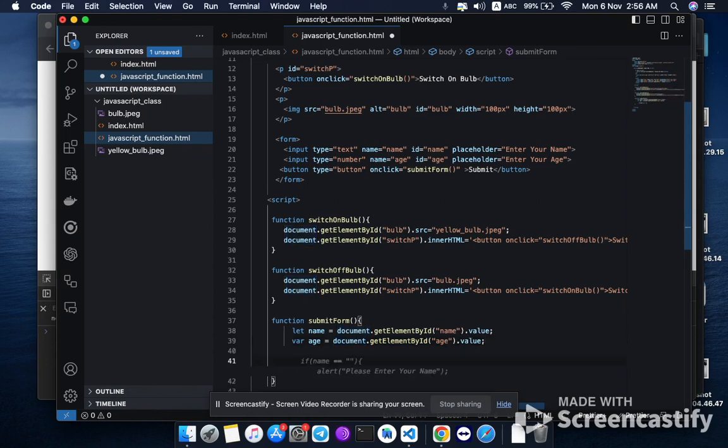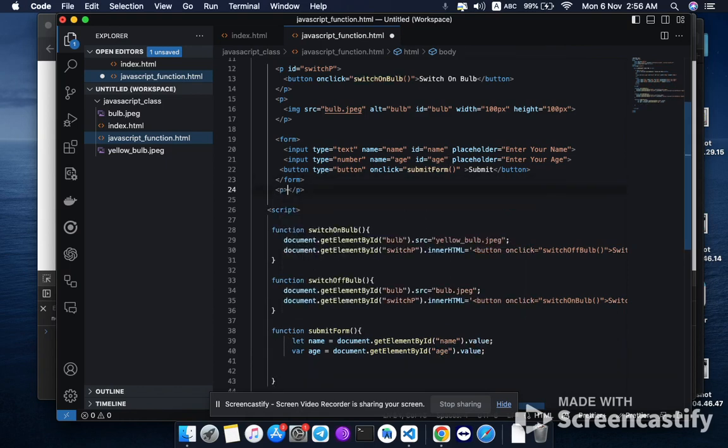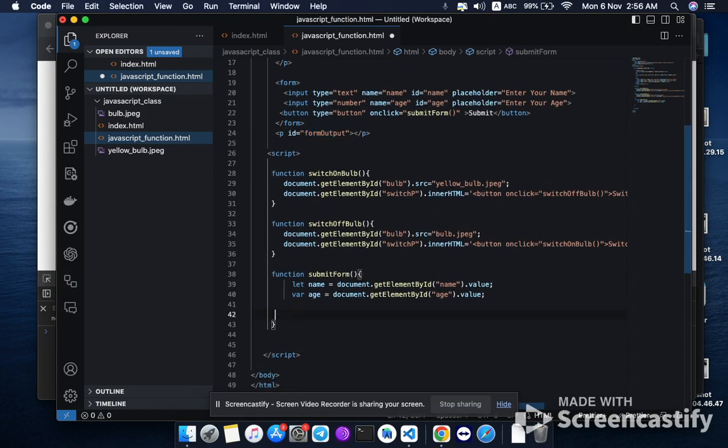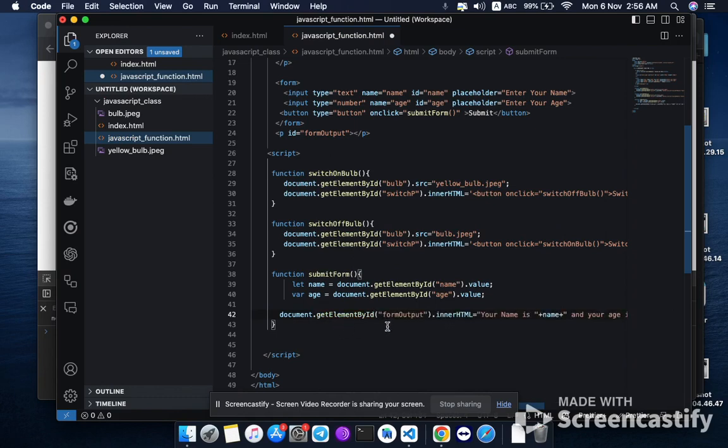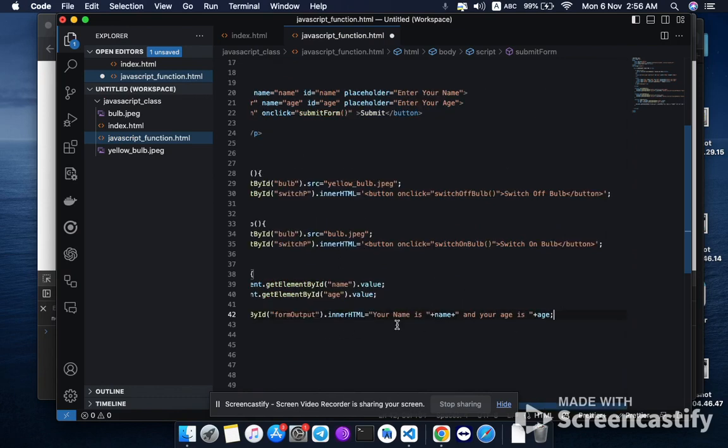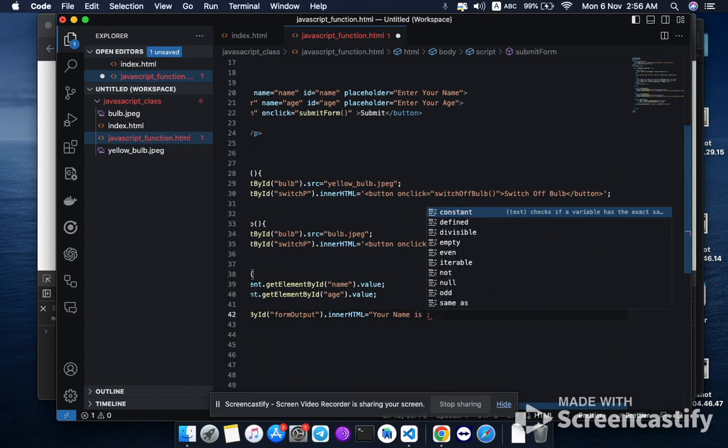So now we want our code to print out something under the form. Let us add a paragraph under the form. Let us give it an id. I told you that you can name it anything, but let me just name it form output. So I can just write document.getElementById. I'm going to type this so that you understand it: your name is,